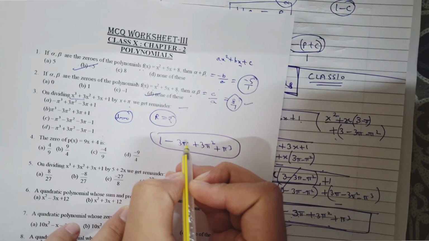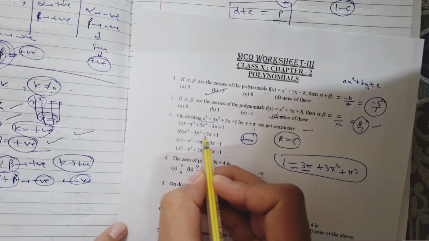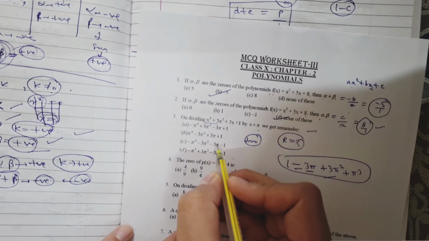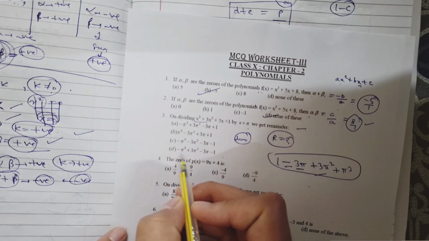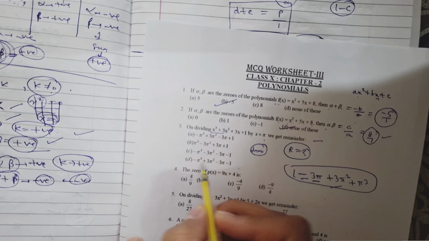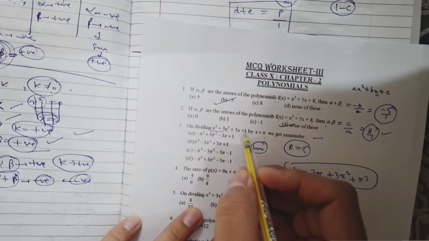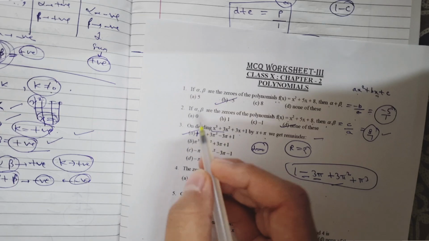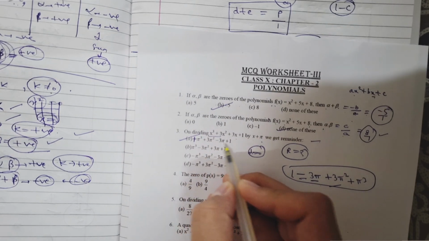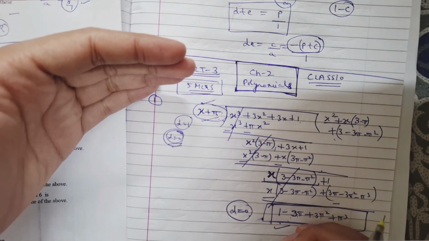Okay, only my 3 pi term is a negative term. Where is 3 pi? The 3 pi term is negative only and all are positive terms. So you can check pi cube plus 3 pi square and 3 pi negative. I think none of the options are matching because there is some misprint and this pi cube will be plus, and your first option will be the correct option. Pi cube plus 3 pi square minus 3 pi plus 1, because in the remainder only the 3 pi term is the negative term.